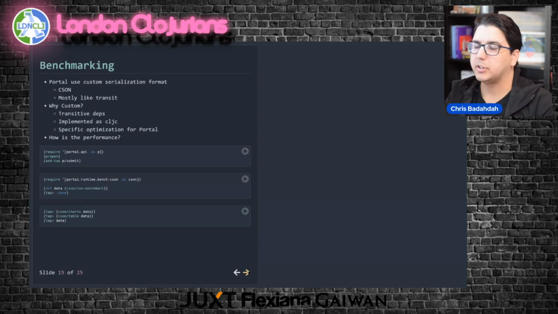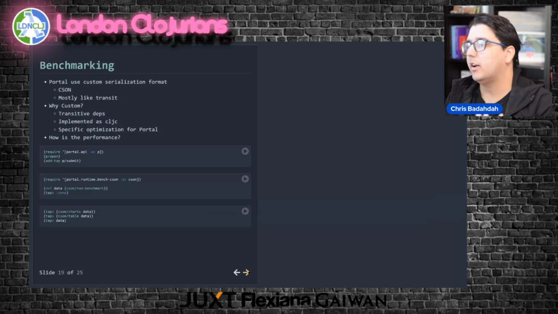Because you don't build the class path, your user does. So they might bring in an older version of a library that you're using that doesn't have the features that you need. And so for serialization, for Portal, it's super important. So I couldn't have that flexibility of letting the user specify it.